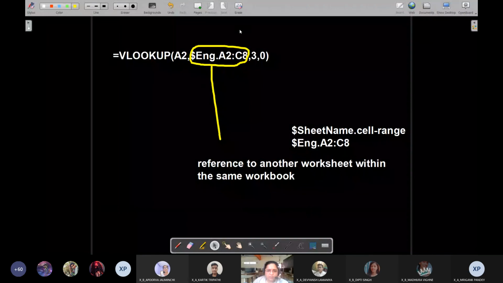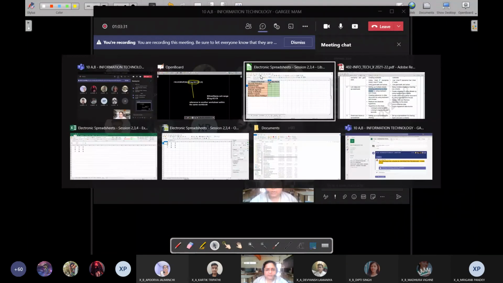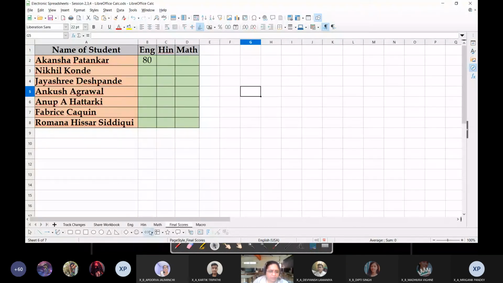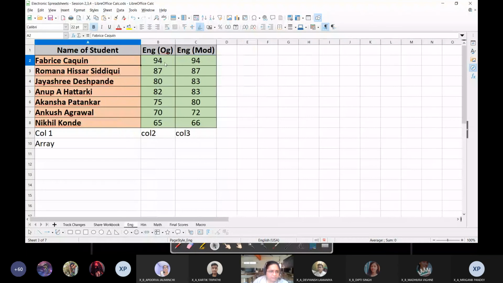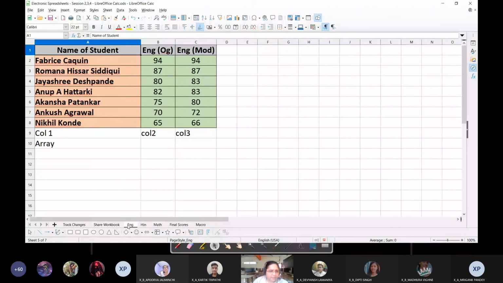Now let me explain this VLOOKUP function, although it is not a part of your syllabus, but still I'm going to explain it. Now what we wanted to do was look for marks of English moderated of all the students. You can see that in all of these three worksheets, that is English, Hindi and Math, right?